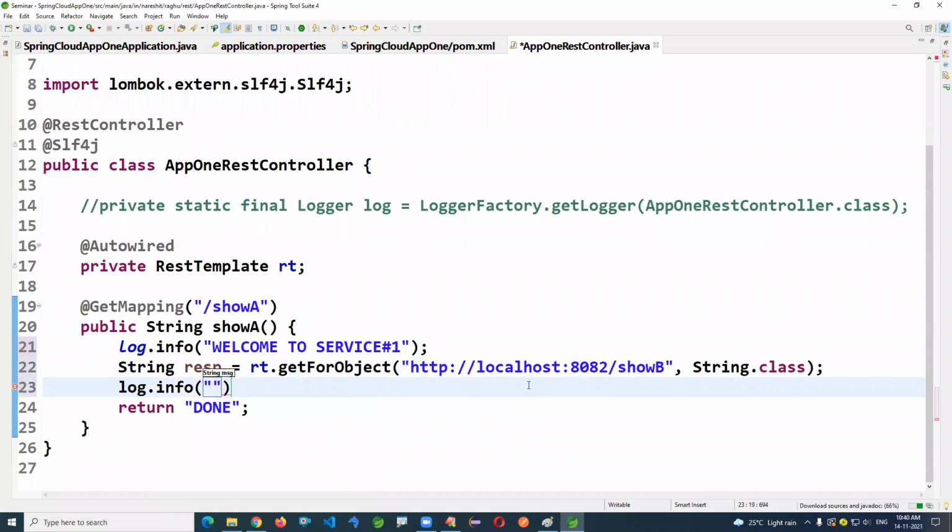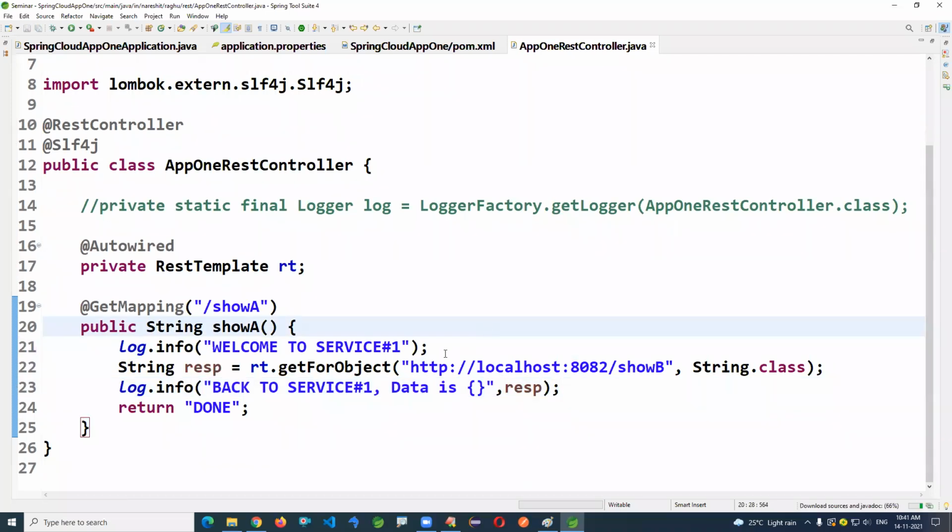Back to service one. Data is the response. I'm just printing it. Here, if you observe, compared with the general microservice application, what is the additional thing that we have done?